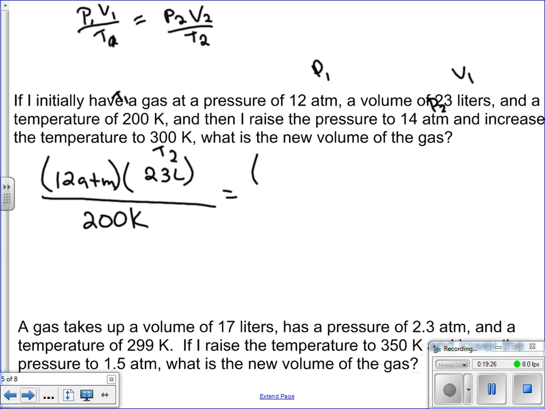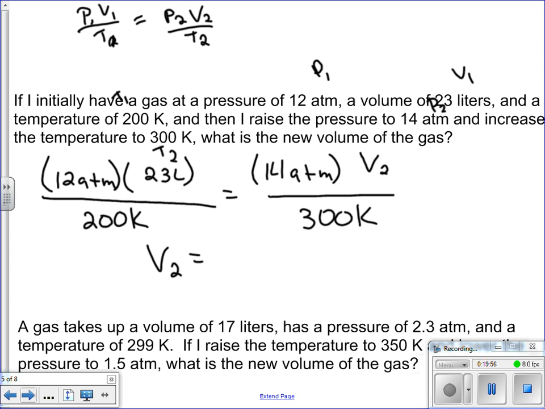That is equal to 14 atmospheres. We don't know what V2 is, and T2 is 300 K. All right, you do what you need to do on your algebra. You'll end up multiplying 12 times 23 times 300, get an answer. And you will multiply 200 times 14 and get an answer. And you will divide those two values. And you will get that V2 is equal to